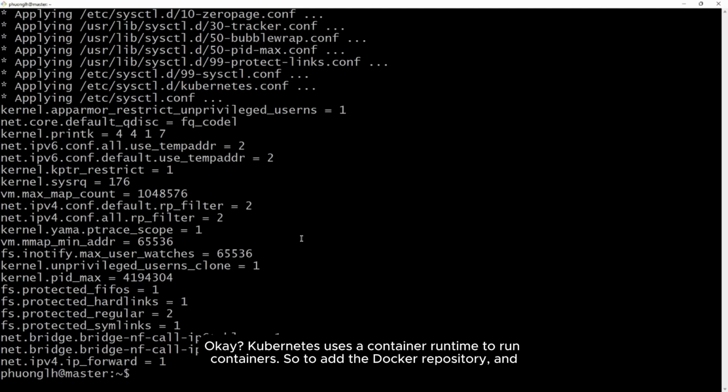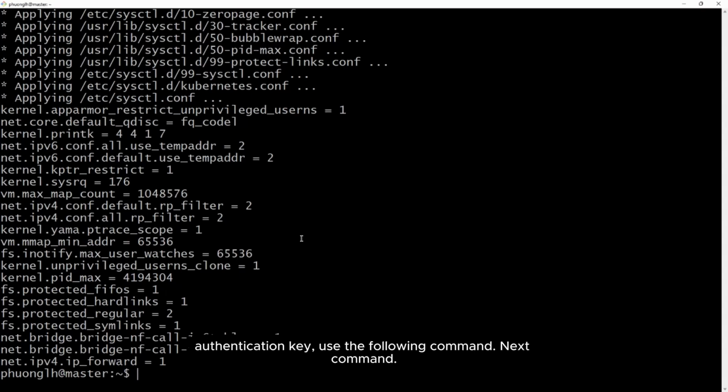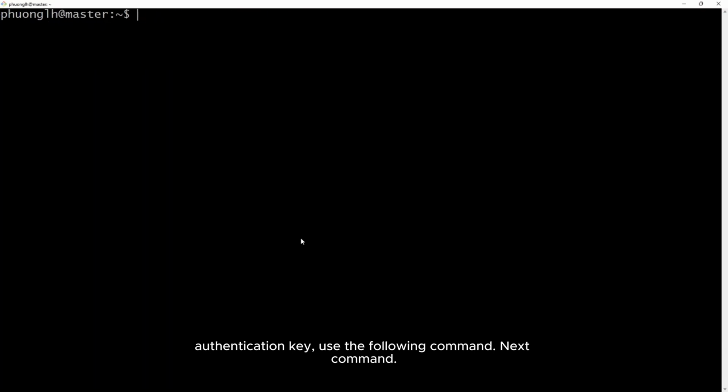Kubernetes uses a container runtime to run containers. So to add the Docker repository and authentication key, use the following command.